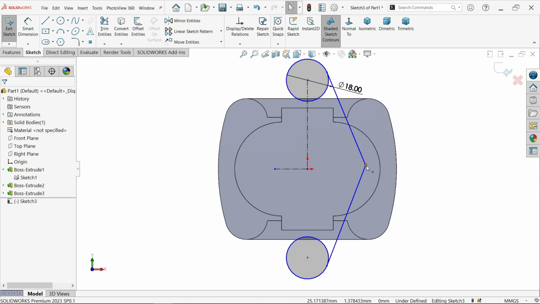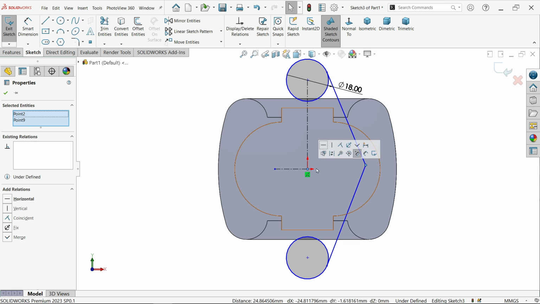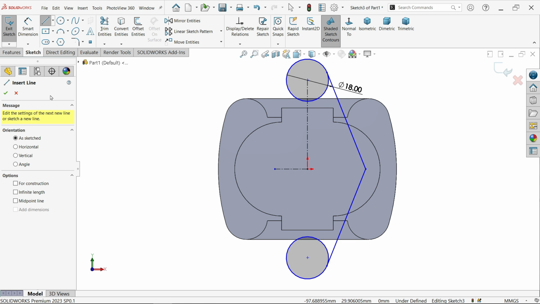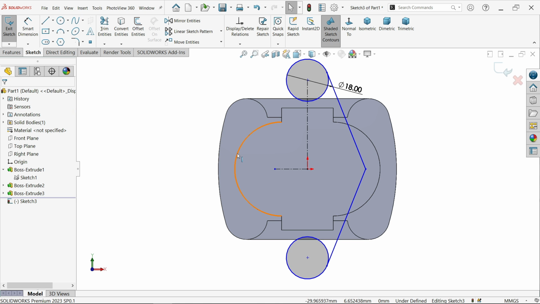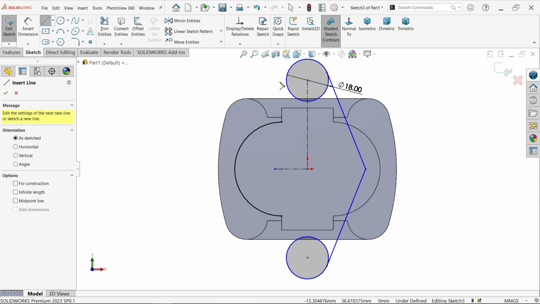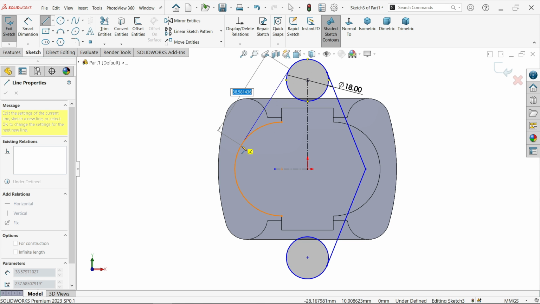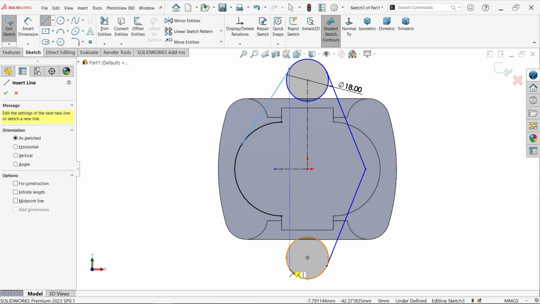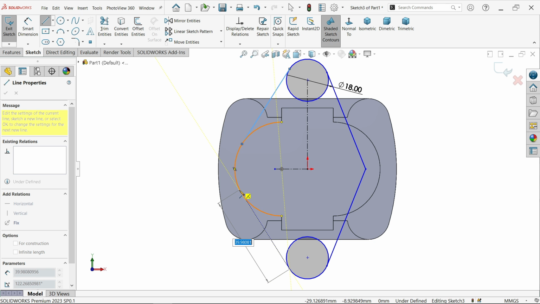Exit. Now make sure this line and this origin point are in one line. So make relation this one. Now again I am going to select. Okay. First select this curve, convert entity. Line. Now our line is going to lie with this. Just move cursor. Once you see tangent relation, just click on that. Again press line on keyboard. Similarly, I am going